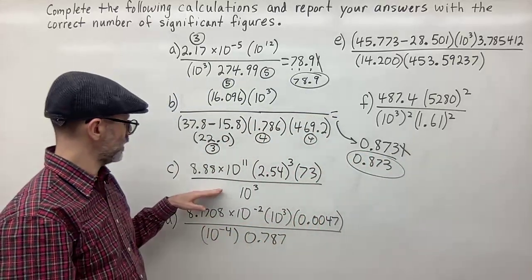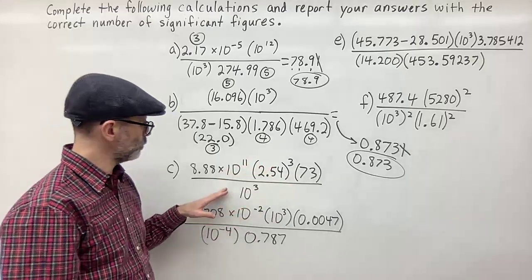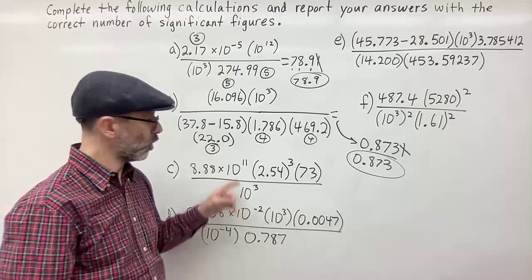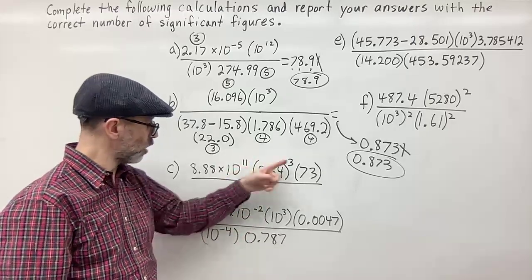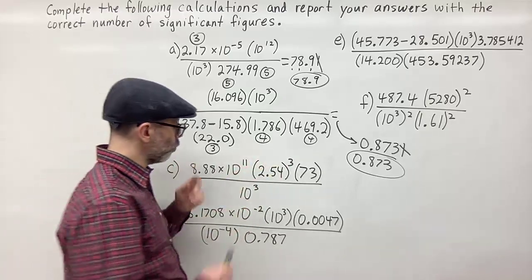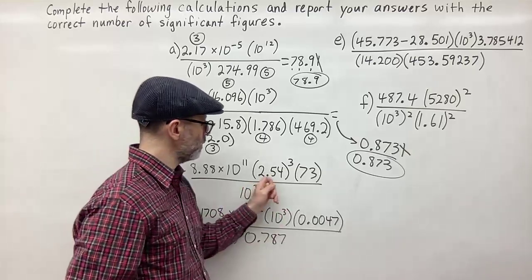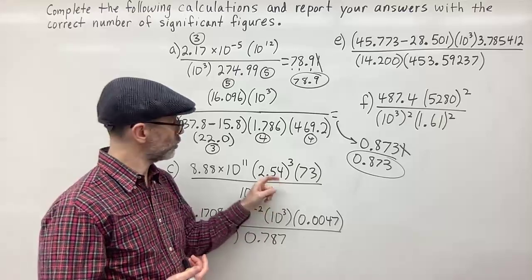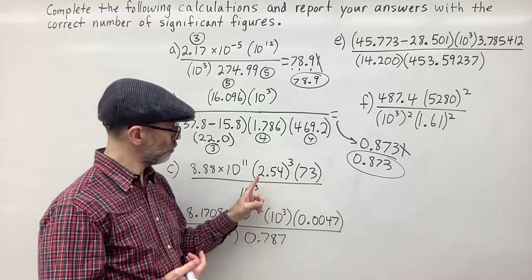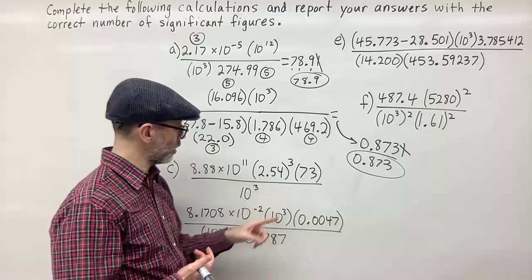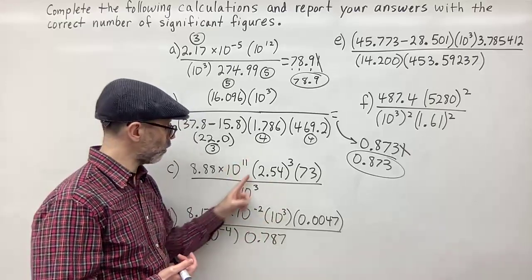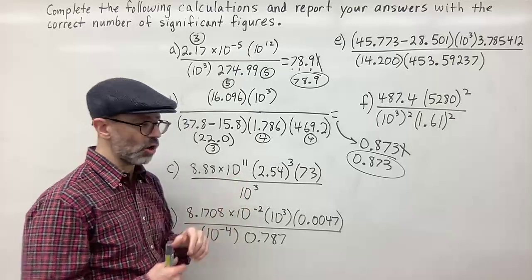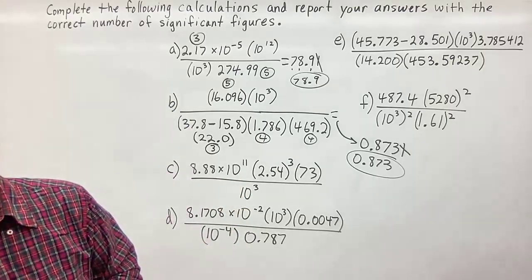Next, we have number D. So here, we only have multiplication and division. So when we calculate this answer using our calculator or using our power rules, one thing I want to point out is the 2.54. That's going to be the number of centimeters in 1 inch, right? So remember, that's going to be exact. So 2.54 is an exact number. And the powers of the 10s are also exact. So when we calculate this out, we get